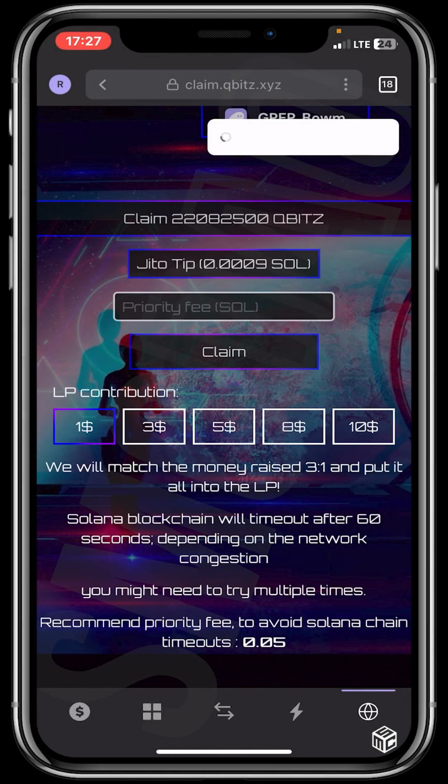Now you can see beneath it, it says the Solana blockchain will time out after 60 seconds. Depending on the network congestion, you might need to try multiple times. Recommend priority fee to avoid Solana chain timeout. If you don't have enough time, maybe you are a busy person, you can put in a priority fee here. At least 0.05 Solana will be deducted and you'll be able to claim very, very fast,